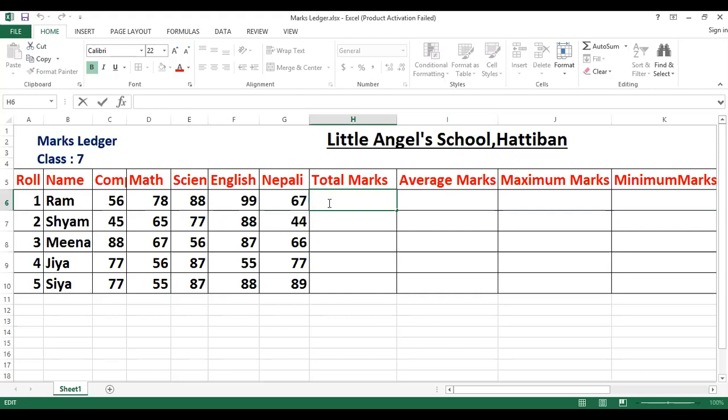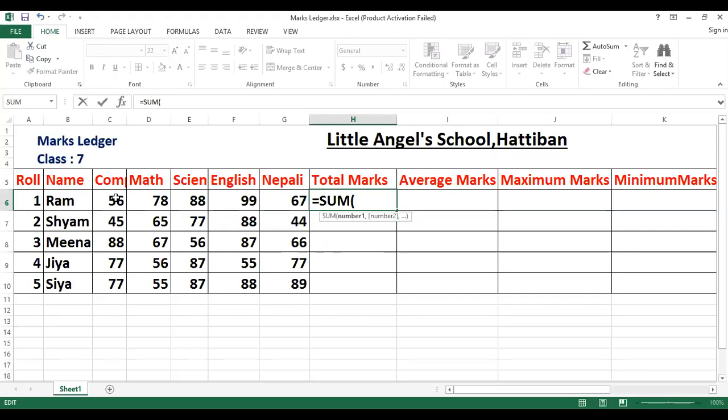How much will he get? Then you have to write the formula. You will use the sum function for the total marks. You will type equal to, then sum, then bracket.